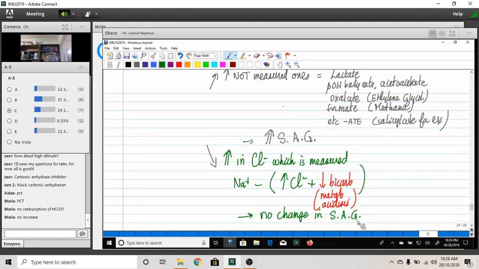Is that okay? You understand that it's all based on electroneutrality? Sharon, are you still here? You understand the serum anion gap right now? So anytime bicarb drops, it must be met by another anion offsetting the drop in bicarb. If it's chloride, there's no change in serum anion gap. If it's due to another weak acidic compound like lactate